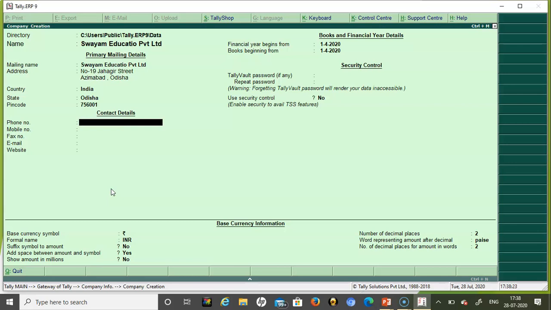Then you type the phone number if you have one for the company. I have this dummy phone number 2234567. If you have a mobile number, you can type it: 9438396573. These are dummy phone numbers for educational mode purposes. If you have a fax number for your company, you can type it.